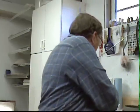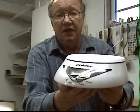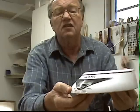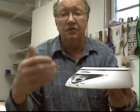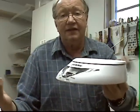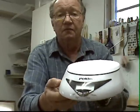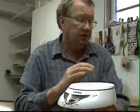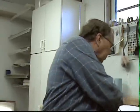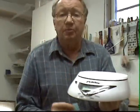So, how do we tell whether a pot's dry enough or not? What I do is I bought an inexpensive kitchen scale that reads in grams as well as ounces. I find that reading it in grams and just getting a number is a lot more accurate than looking at quarter ounces or eighth ounces. So I set it for grams, and then I'll put my pot on top of it, and I'll write down on a little slip of paper what the reading is, and I'll put this little piece of paper in the pot,